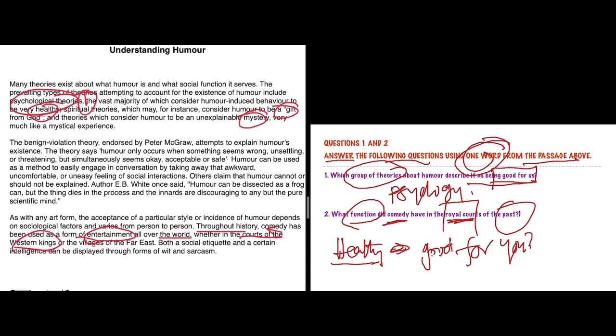So the court of Western kings is a royal court. So either royal court or the house of a commoner, it is used for a single purpose, which is entertainment. Therefore, the second question answer would go as